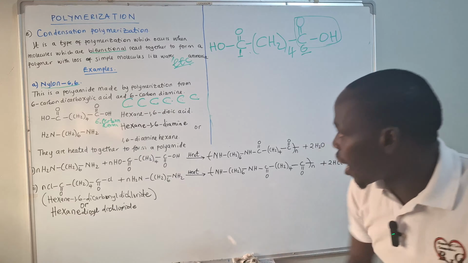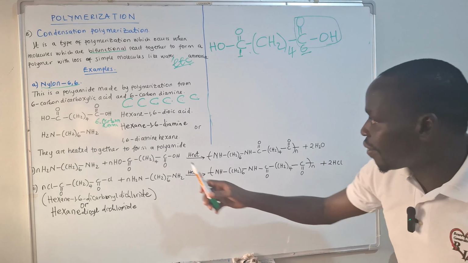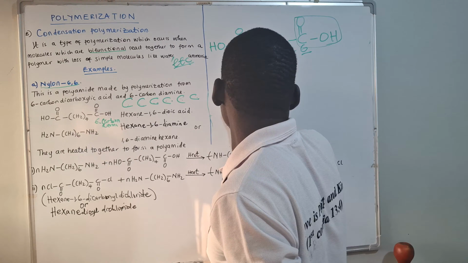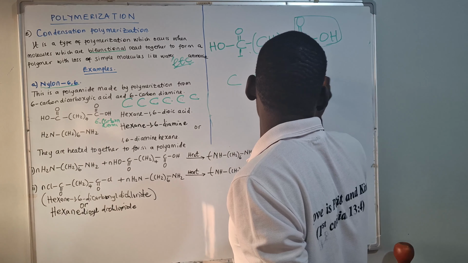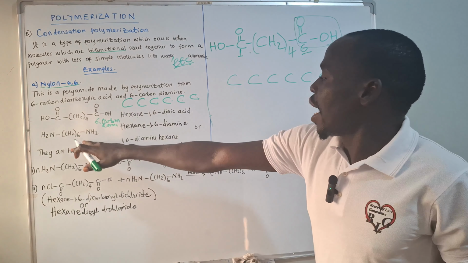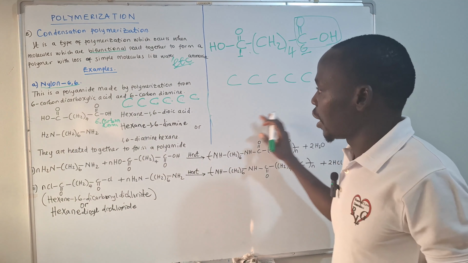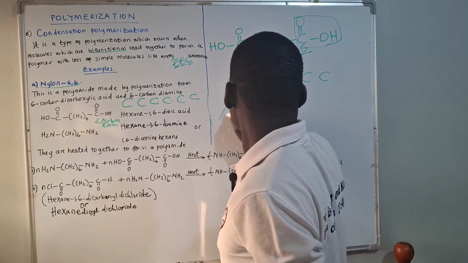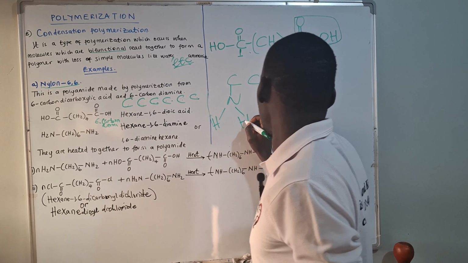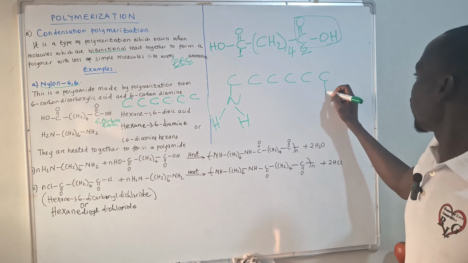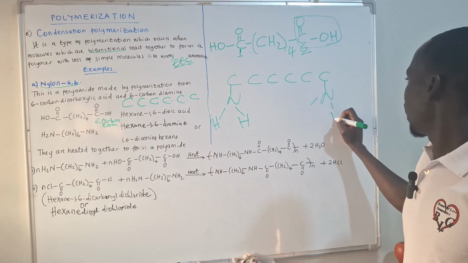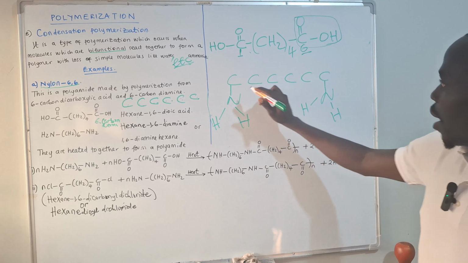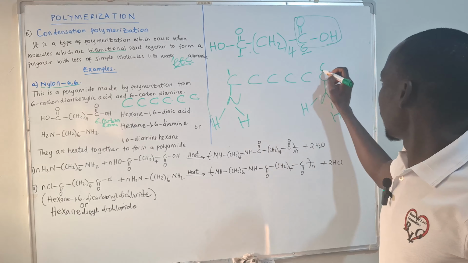Let's come to the one of amine. So here also we have 6 carbon atoms. If there are 6, we shall say 1, 2, 3, 4, 5, 6. Now, of course, you will attach the hydrogen atoms. The one for nitrogen, this is hydrogen, hydrogen attached. Then also the same thing here, we have a hydrogen, hydrogen attached. So here there are hydrogen atoms. So this is carbon 1, this is carbon 6.